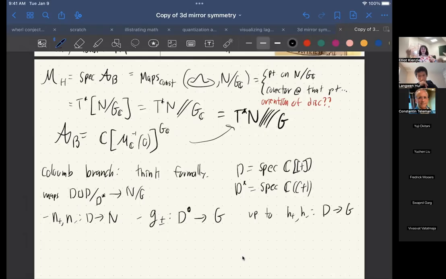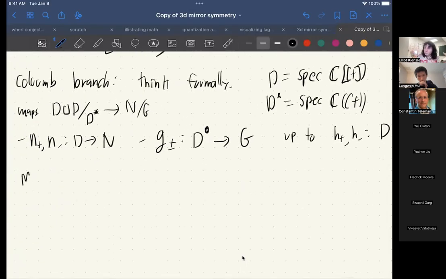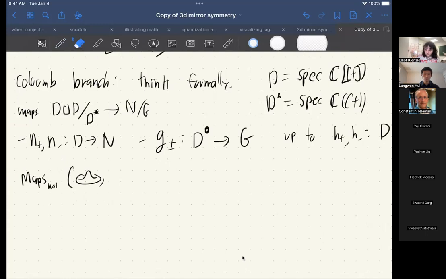So we have a section on the top, a section on the bottom, and a thing that glues them together, and we're modding out by retrivializations of the top and retrivializations of the bottom. It's essentially the space of principal bundles on this raviolo. Okay, so let's write this algebraically. So the space of maps that are holomorphic from this raviolo to the stack N mod G